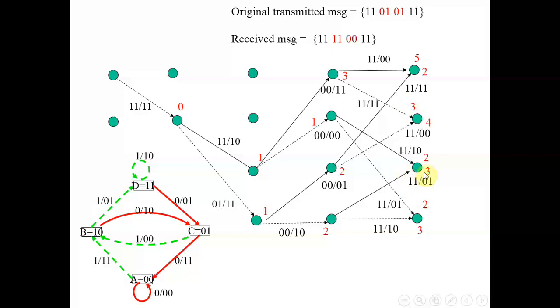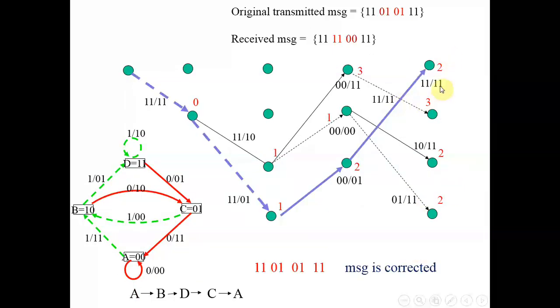Here I will be eliminating the path which is giving me an error of 3, and I will be retaining the path which will give me an error of 2. And in this node, I will be keeping this path and I will be eliminating this path. So if I do this, this is the final picture we get: 2, 3, 2, 2. And there are no more bits to receive because my message has already ended. This was the last pair which we received earlier. So now this is the final answer.